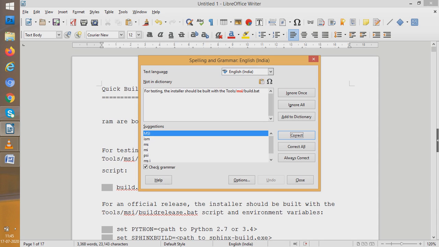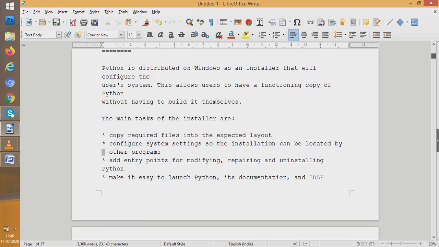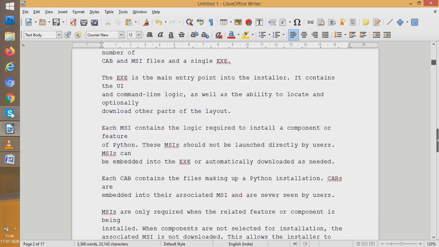But we should understand that when word processing software works, there is a red wavy underline which shows spelling mistakes, and there are blue underlines which show grammatical mistakes. So there can be blue underlines also to show grammatical mistakes.